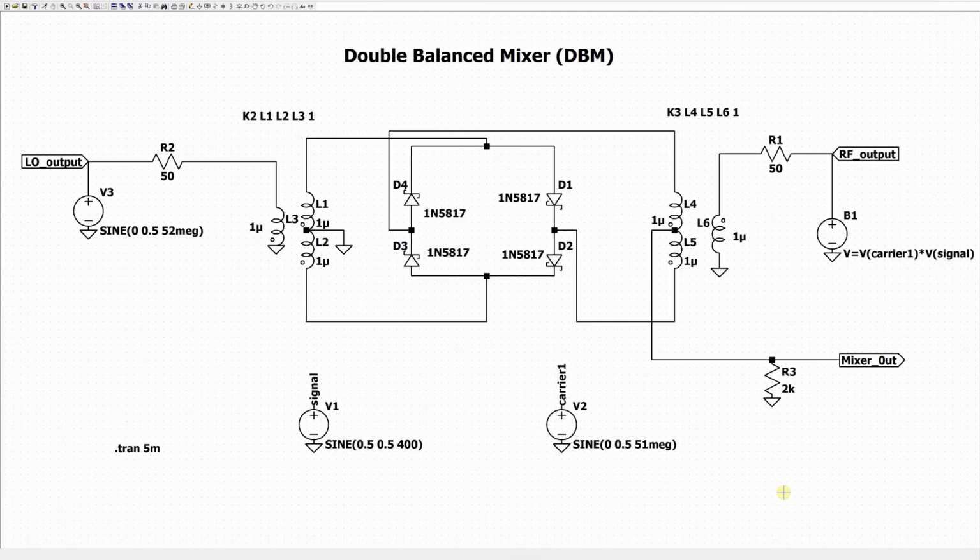This is the mixer, and we use a double balanced mixer (DBM) with Schottky diodes, so the 4 Schottky diodes. And so we have 2 input signals for the mixer. We have the RF output signal, which is right here, and then we have the local oscillator